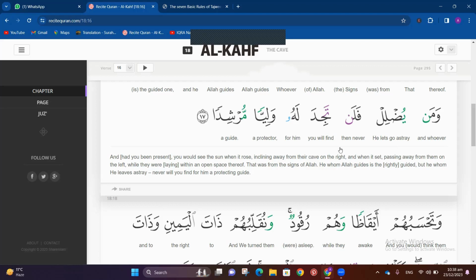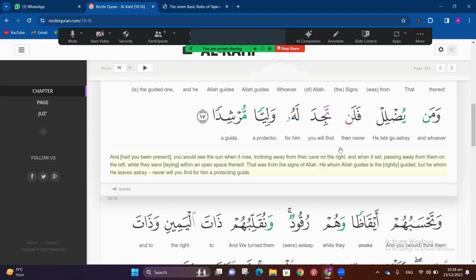murshida. So again there is this rule of idgham with ghunna, okay, which says again that noon sakin, there is coming ta, so we are going to hide it. Okay, so this is the ikhfa rule. Whenever after noon sakin comes any letter from the 15 letters, of which ta is one, we are going to hide the voice of noon. Falan tajida. Falan tajida lahu waliyyan